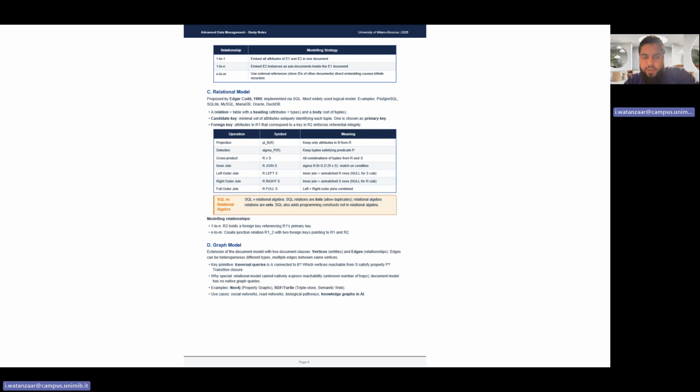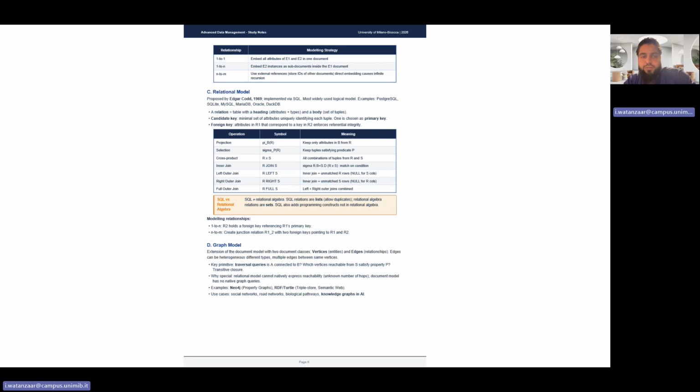So we have many to many, which creates a junction relation R1_2 with two foreign keys pointing to R1 and R2. This is a many to many relationship in which, using foreign key referential integrity, we reference R1_2 with the two foreign keys pointing to the R1 and R2 tables. So from both tables, they are referencing R1_2, and they are pointing out to two different tables. So this is called many to many, or M to M